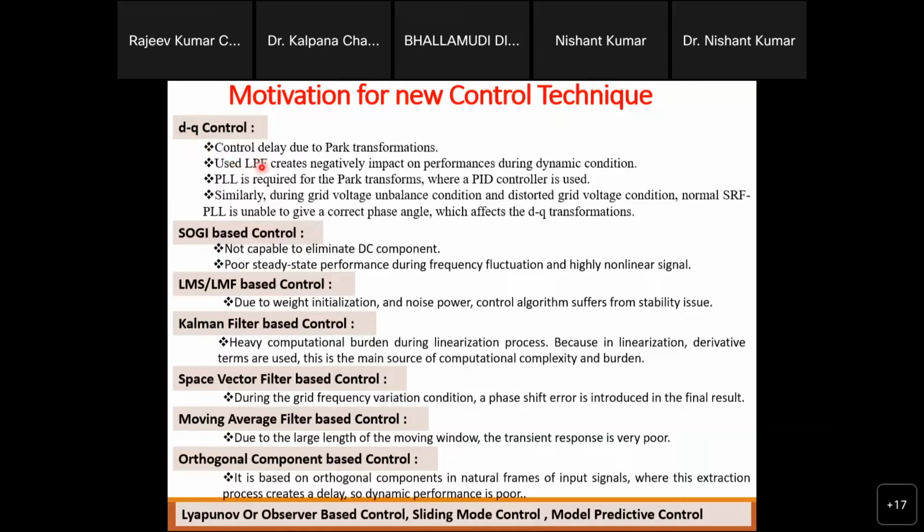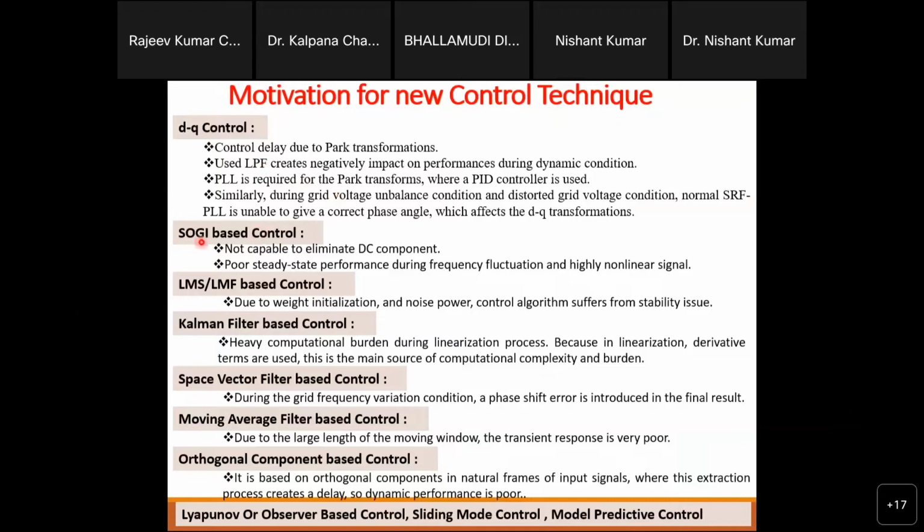When you use the low pass filter on this component, definitely the filter will be first order or second order, so according to the order, you are going to create some delay. And what does delay mean? Delay means estimation errors. Because of this, you will face some delay, and that delay will generate some error, right? Because of the estimation error.